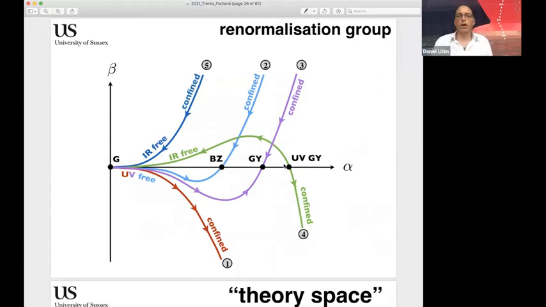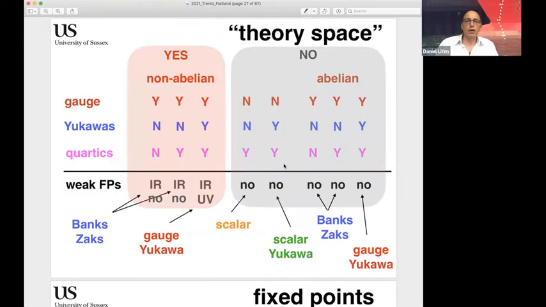Okay, so if you want, you can print this out, because this is the raw material for any weakly interacting fixed point in 4 dimensions. You can just, like, the most general theories you can construct with fixed points will be linear combinations of these curves shown here. Okay, so